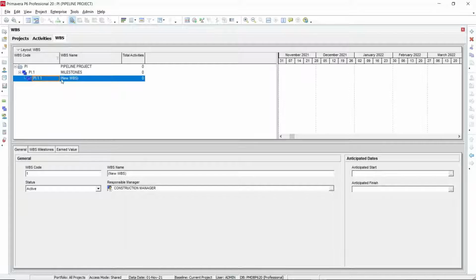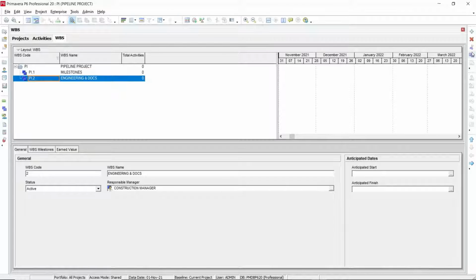How can you move this item? You need to go to this arrow and move it to the left. If you click this, your WBS will be at the same hierarchy level. So milestone, then you are going to add the engineering and documents.